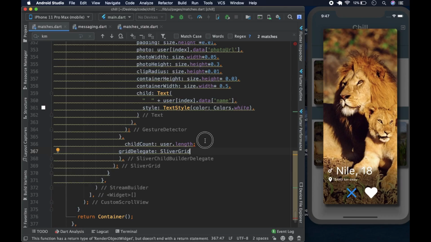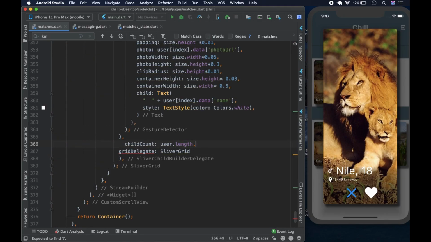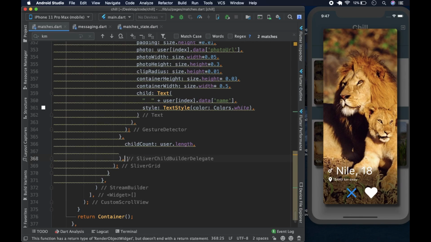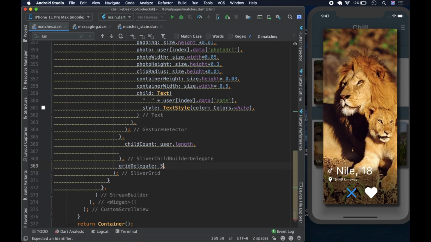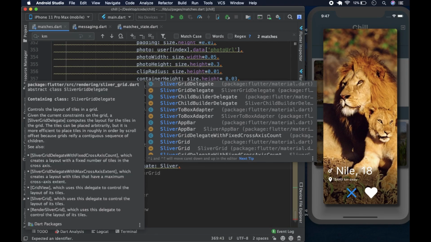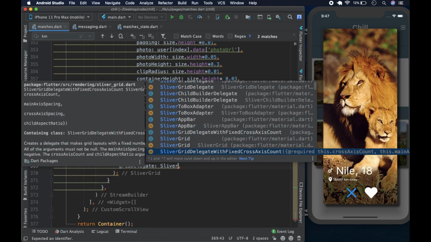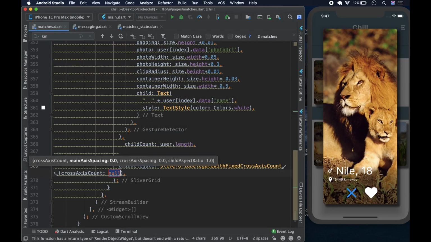Sorry, this is supposed to be a comma actually. It's supposed to be a comma, and the grid delegate is supposed to be underneath it. So I could say grid delegate, this is going to be SliverGridDelegateWithFixedCrossAxisCount, and the cross-axis count is going to be 2 like so. And after that, we're going to come here, close that off,